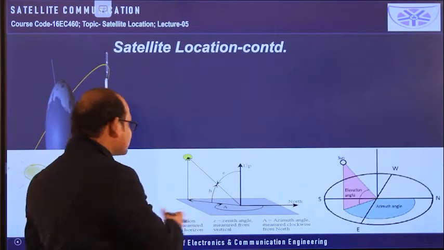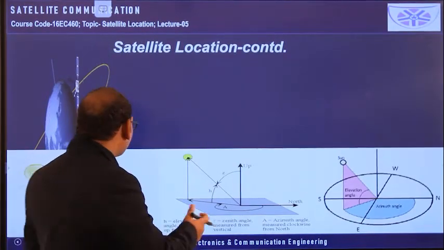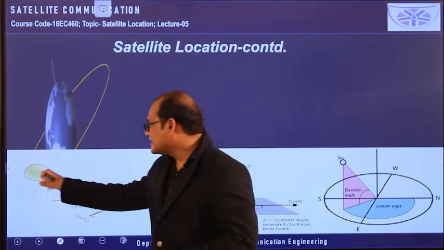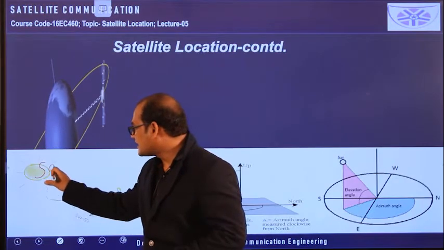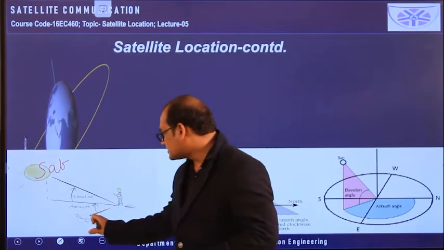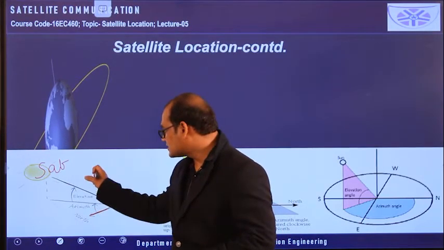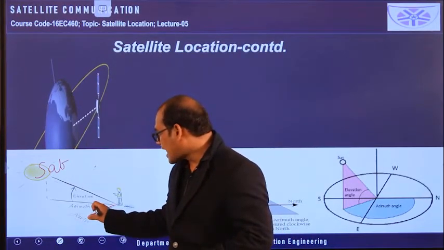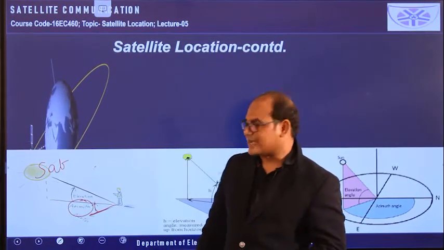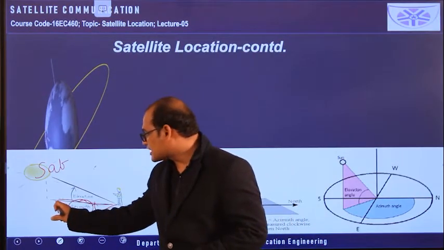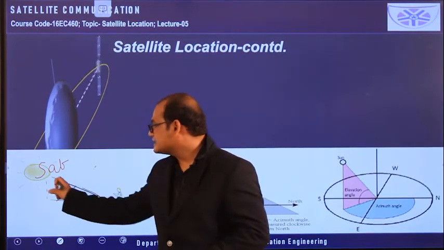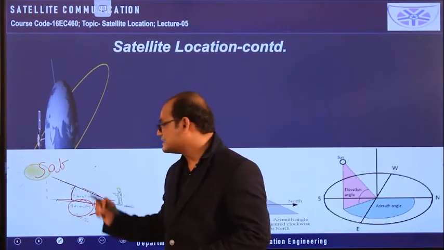And these are also giving the same information. Observe each and every figure, then you can have an idea. Here the sun is there, which means here we can consider a satellite only. Okay, this is the north. From the north towards east, we have to move on the local horizontal plane by using this azimuthal angle. And after reaching this position, we have to look upside where the satellite is available by using this elevation angle.